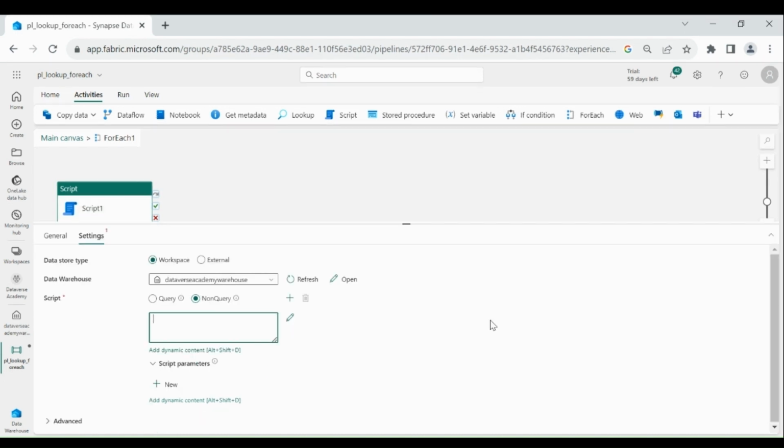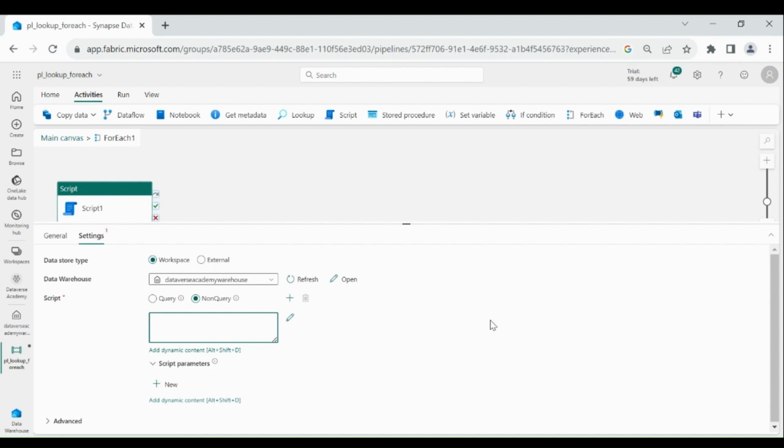So here we need to provide the drop statement for the tables. So we can't provide it directly like drop table and table name, because we have three tables which are coming from the lookup activity.